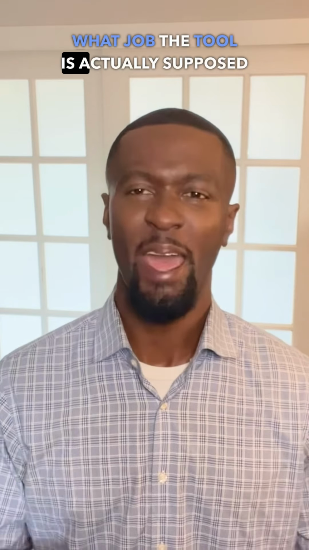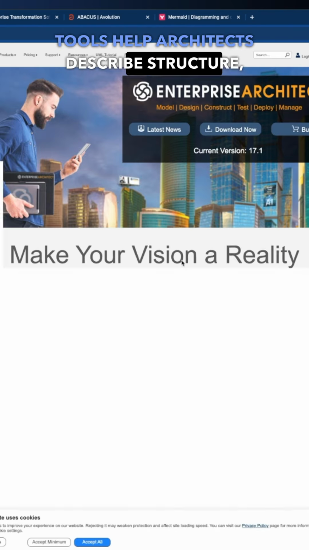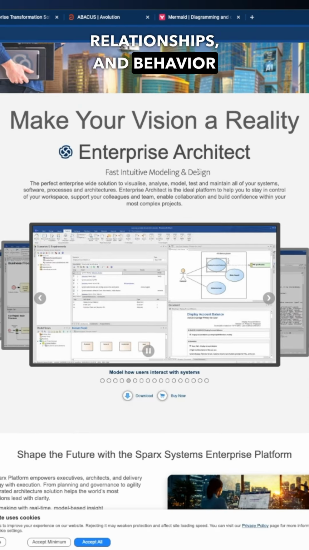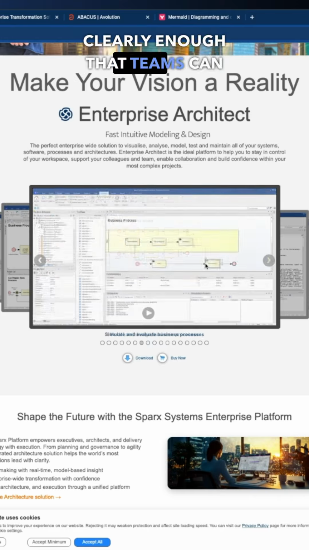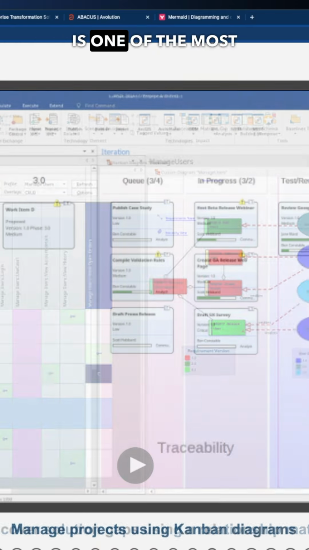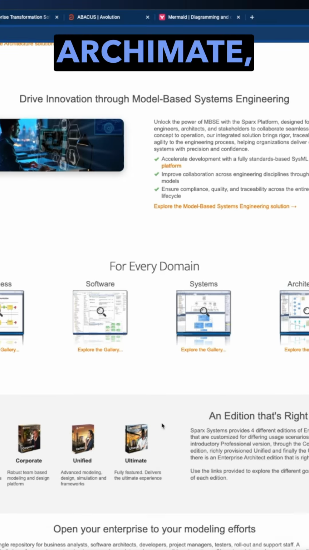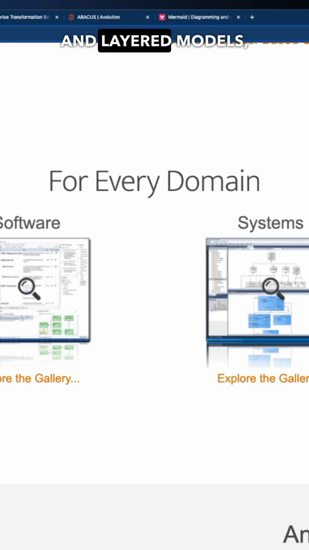This layer prevents the classic enterprise mistake: teams buying tools before they understand what job the tool is actually supposed to do. At the logical level, tools help architects describe structure, relationships, and behavior clearly enough that teams can build from them. Sparx's Enterprise Architect is one of the most comprehensive tools for logical architecture. It supports ArchiMate, UML, and layered models,